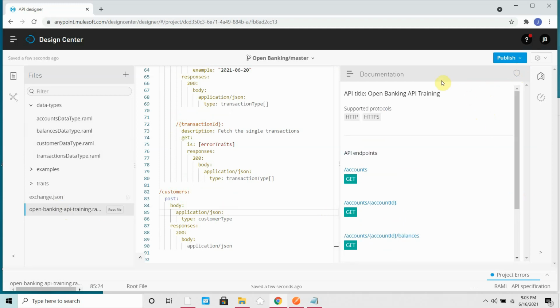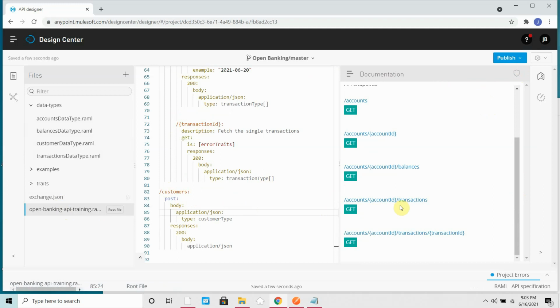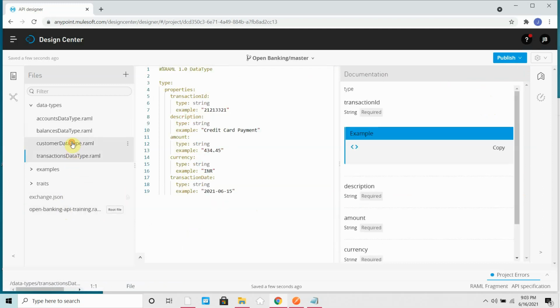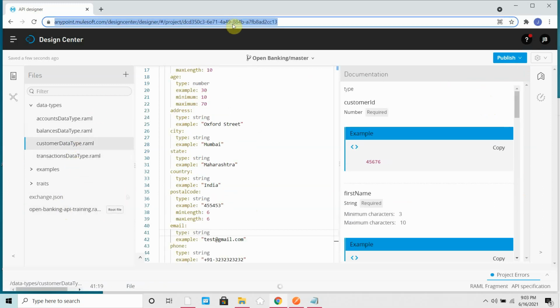What is the issue? Let me check if the customer post is there. Let me refresh this. Let's wait while Design Center is opening.